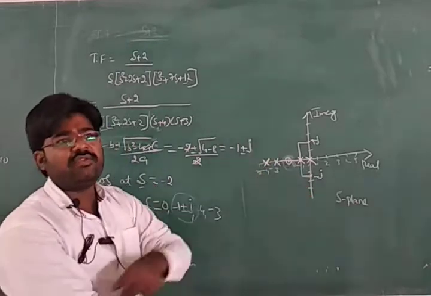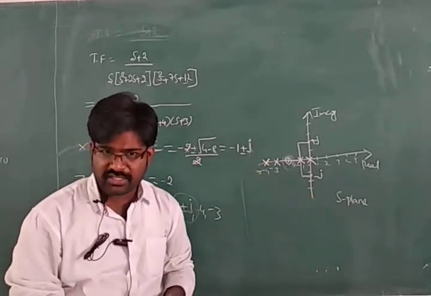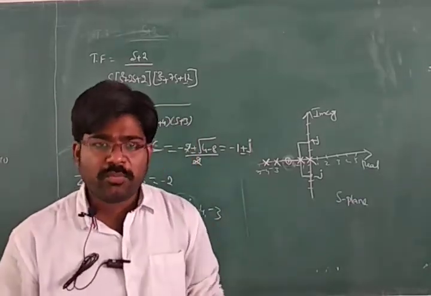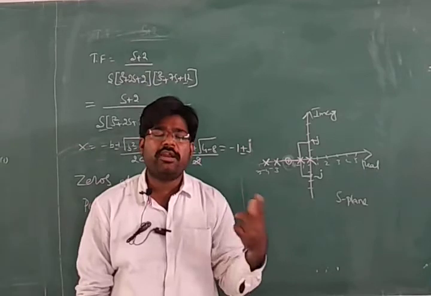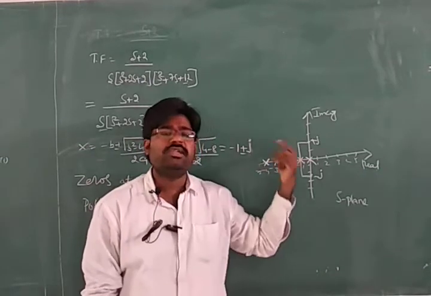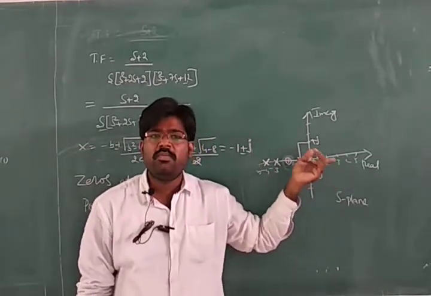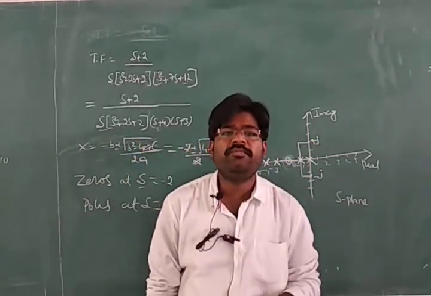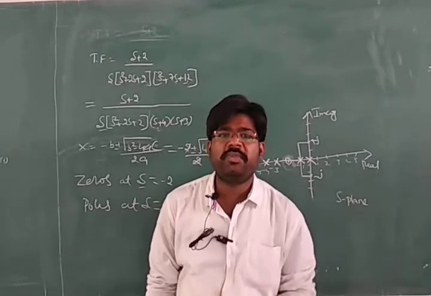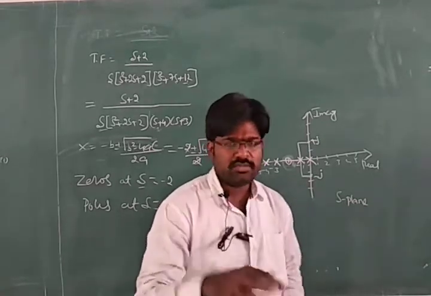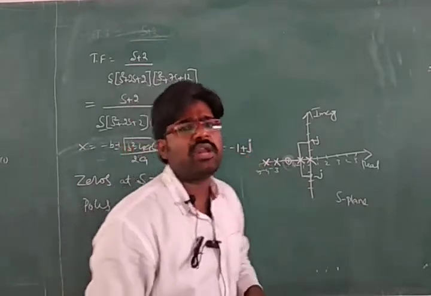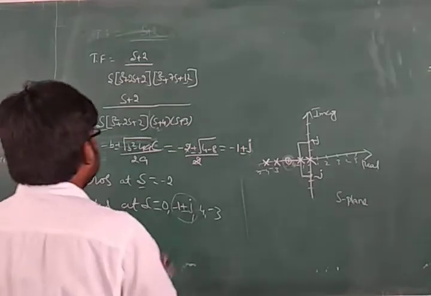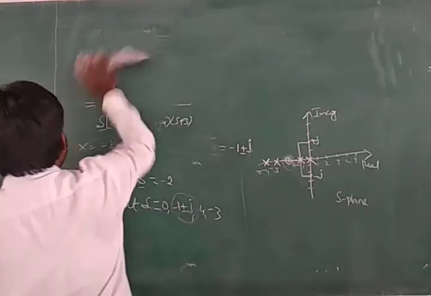Whenever a transfer function is given, write the characteristic equation of that, then write down the roots of that equation, then write down the poles, the number of poles present, then write down the number of zeros present. Using those, mark on the s plane. Poles are represented with cross marks, zeros are represented with circles. In this way we have to draw the s plane. Then we'll see two more examples with respect to transfer function, so that we can get a complete idea about transfer function problems.